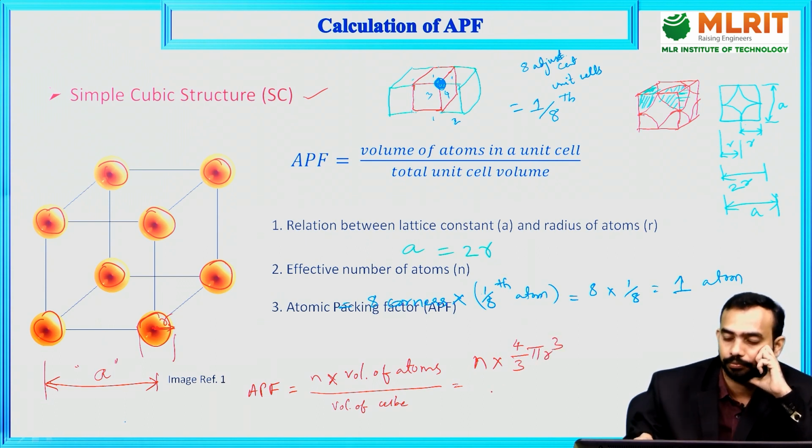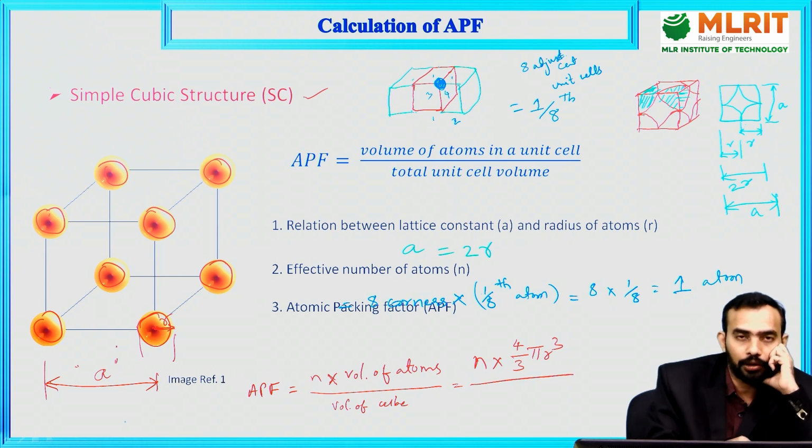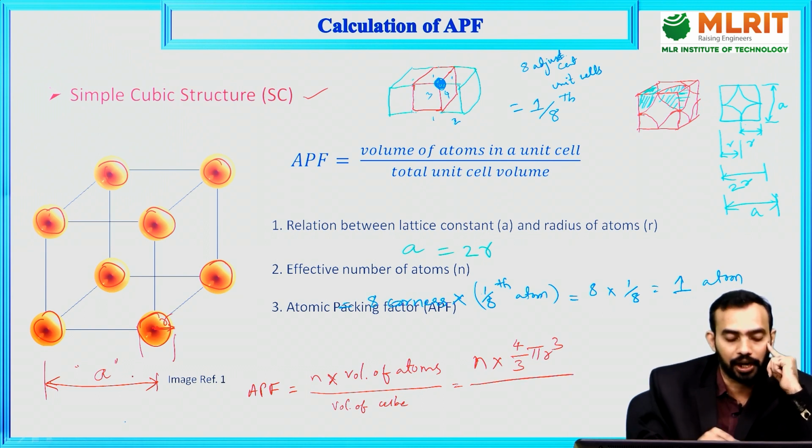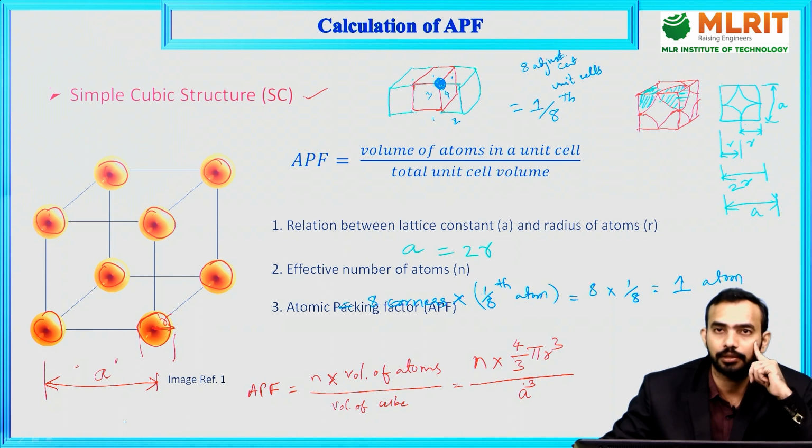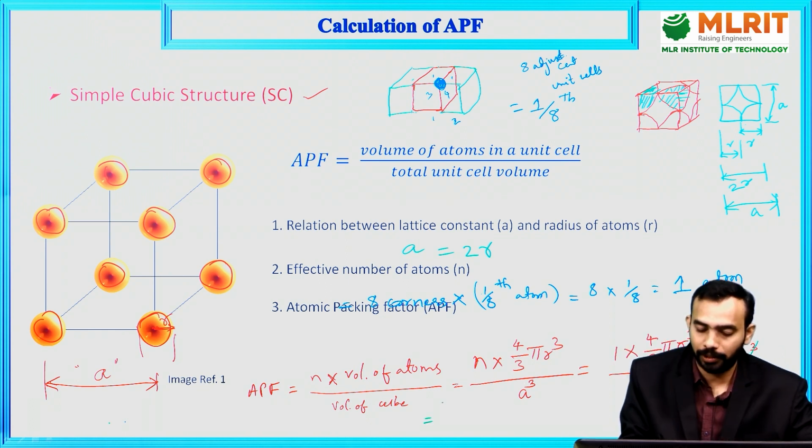4/3 pi r cube divided by the volume of the unit cell. The unit cell is a cube, so the lattice constant, that is the edge length, is a. The volume of the cube is a cube. 4/3 pi r cube,